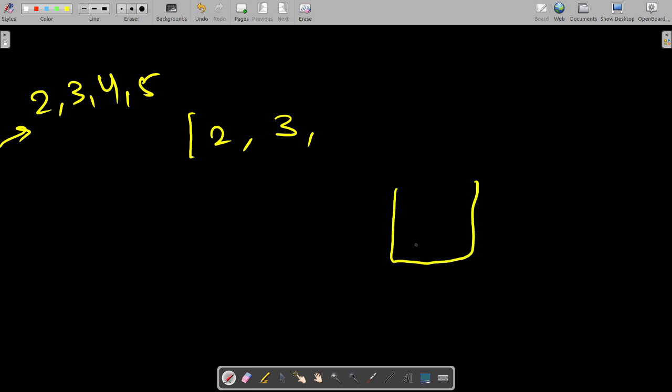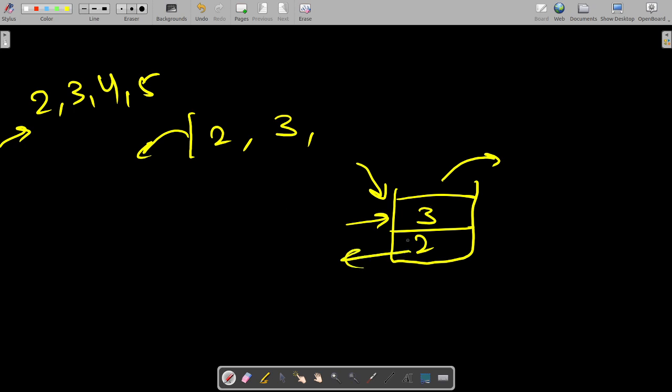Okay, so let's say I have 2, 3, 4 and 5 to push. Okay, what I am doing, in the queue, if I push, it will come over here, so it is coming to the end. But if I push in the stack, it will come in the front, at the top, right? If I push a 2, it will come over here, push a 3, so it is coming at the top. So if I pop it, it will be popped from here, but if I pop in a queue, it will be popped from the front, right? So what I want is popping from here, from the last.